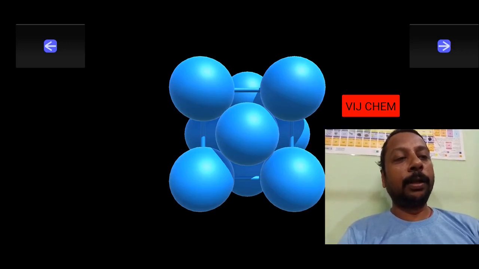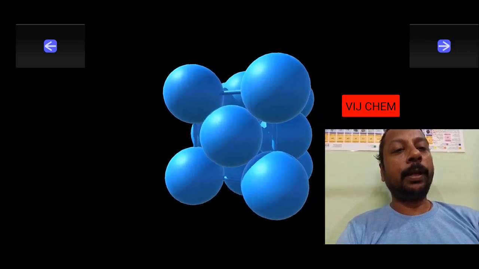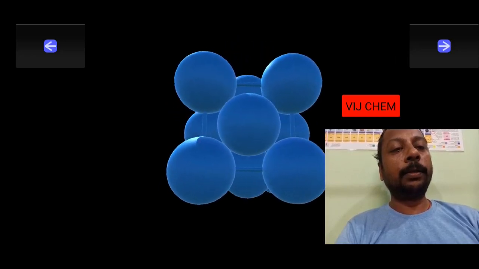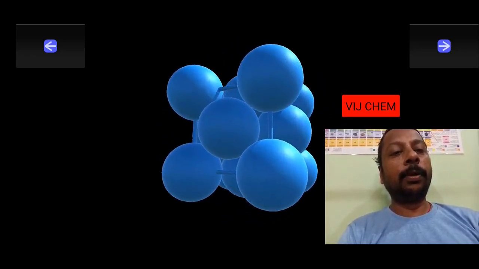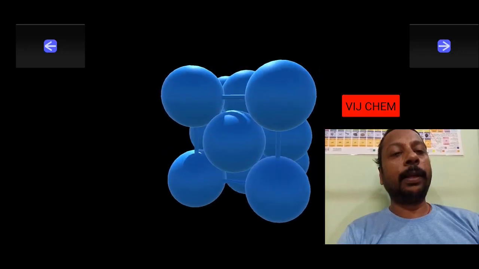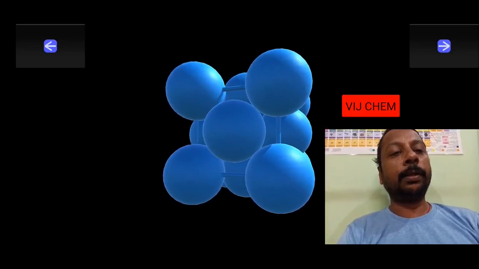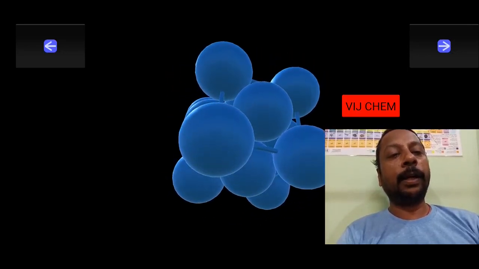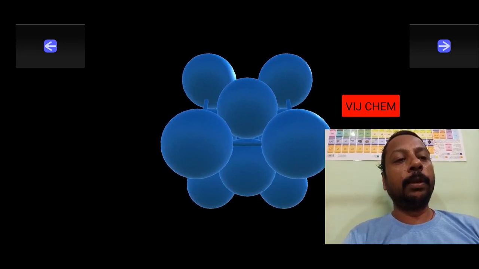I am going to ask you only, because after showing with this much clarity in animation, if you are still not able to understand, it is very difficult, my dears. Okay, so this is the face-centered one. So the face diagonal is continuously in touch, but edges are not continuously in touch, and you will find some gap in the body diagonal also. See, some gap is there. Okay, are you able to visualize?